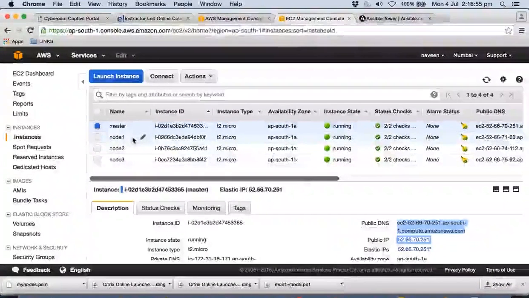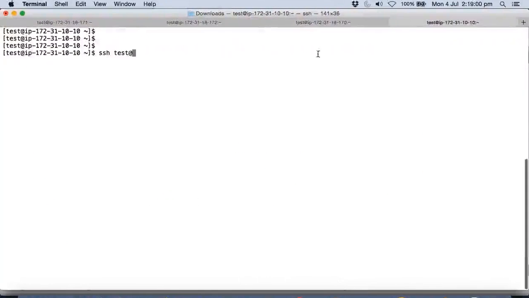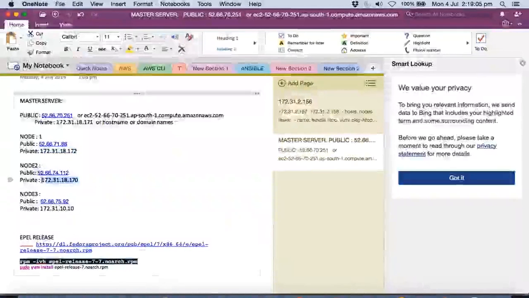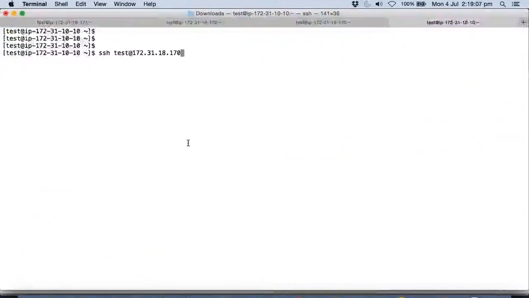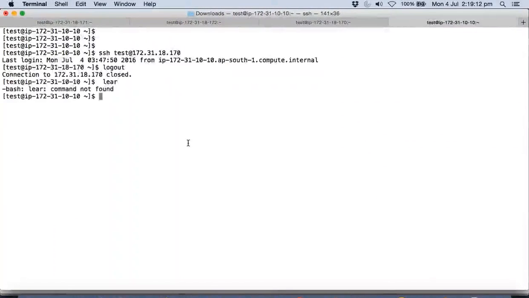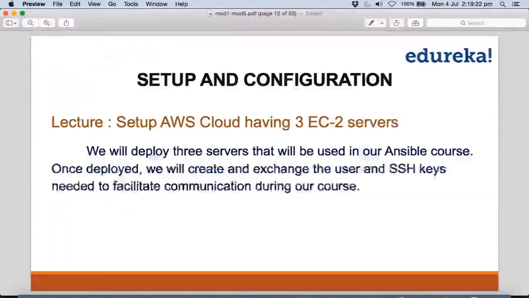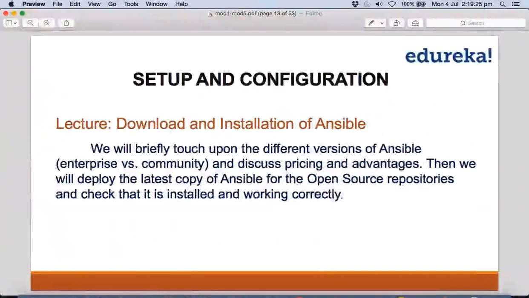We have tested the interconnectivity between these 3 machines using test account, and we have already verified that yes, it's not going to ask password irrespective of what connectivity we use between these machines. So we can see that it's having interconnectivity using SSH protocol of all the machines from master to node 1, node 2, node 3, from node 1 to master, node 2, node 3, and vice versa. So now this lecture is going to start with deploying and installation of Ansible and how we are going to use Ansible to deploy on all those 3 machines,